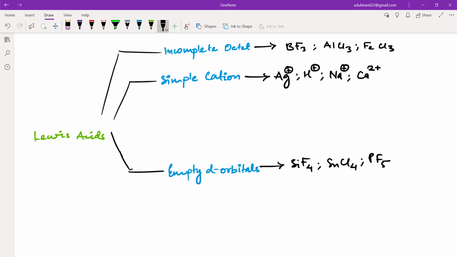And after group 2, you will have the empty d orbitals present, and in that they can accept some electrons, right? So if the d orbitals are empty, that means they can accept a pair of electrons in the d orbitals. And the last one is